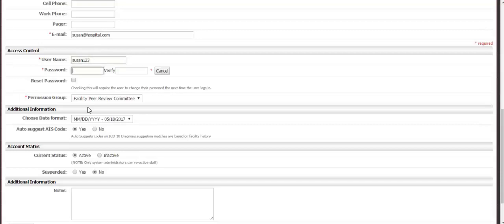And then choose a password. Now this is going to be a temporary password, and we're going to require Susan to change her password as soon as she logs in for the first time. So pick a password. Then check the Reset Password box. What that will do is compel Susan to change her password to one of her own choosing the first time